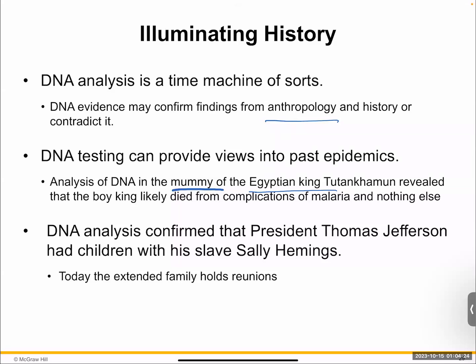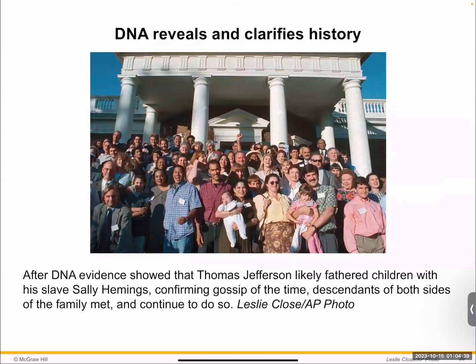Another cool thing about history: think of Thomas Jefferson, our former president from many years ago, who had children with one of his slaves. Now they have this really extended family that formed, and they actually meet every year and take pictures, and it's nice to see that diversity. The only way it was possible for these people to figure out that they are related was by looking at the genetic sequencing.